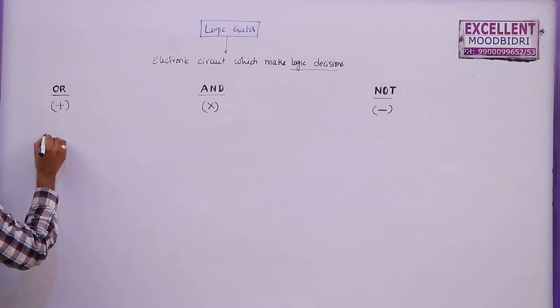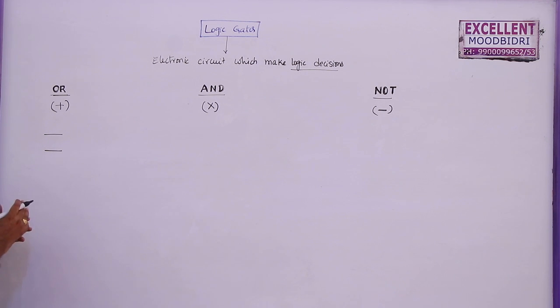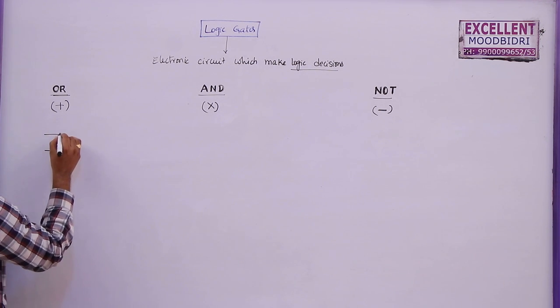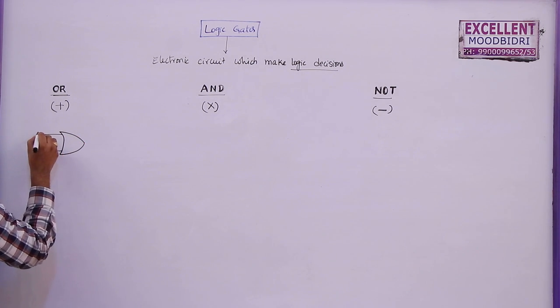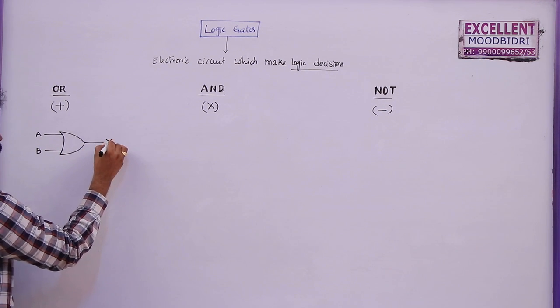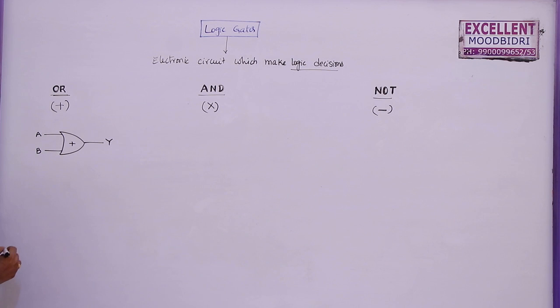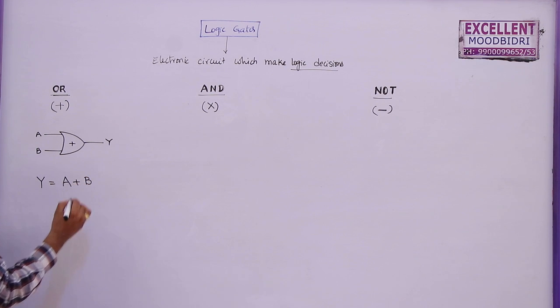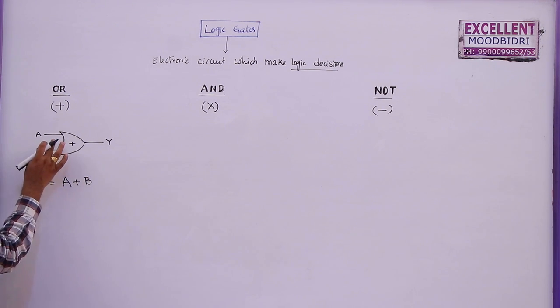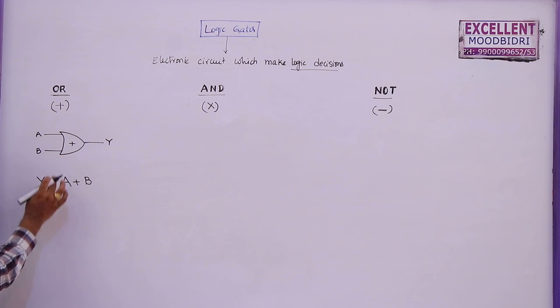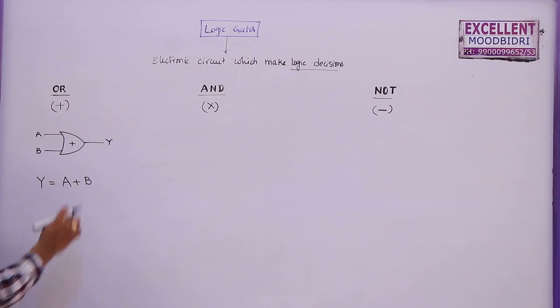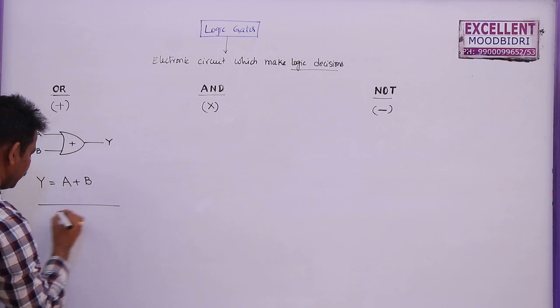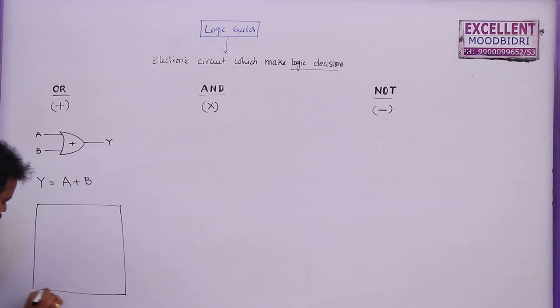Now an OR gate may have different inputs, more than one input. The OR gate will be represented like this. This is the symbol of the OR gate. These are the inputs A, B, and this is the output Y. In some books it is given as plus here. So the logic operation is Y is equal to A plus B. So the output is equal to A plus B. There may be more than two inputs. If C, D are there, Y can be written as A plus B plus C plus D. If there are n inputs, you can write Y is equal to A plus B plus C plus D up to n. And the truth table for this one is, this is the truth table.